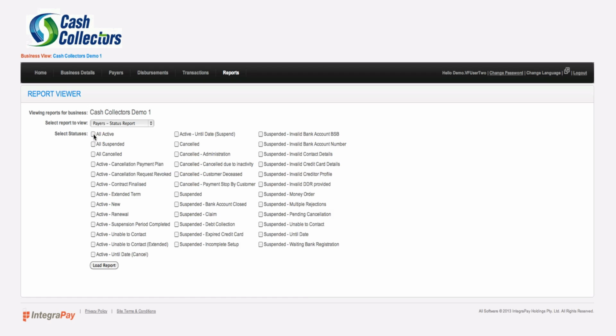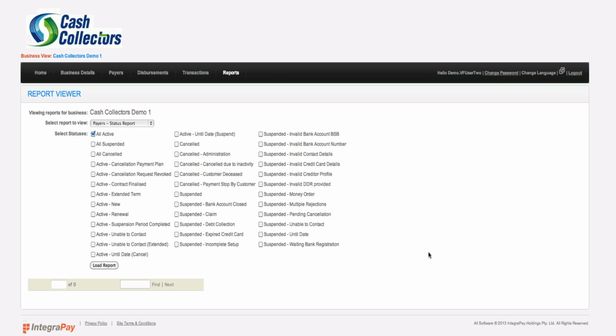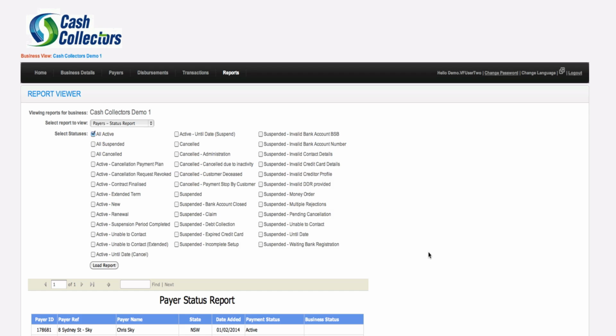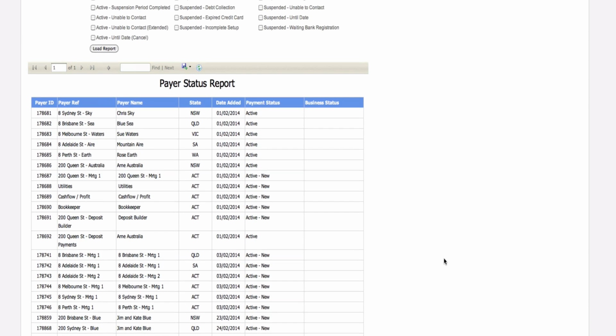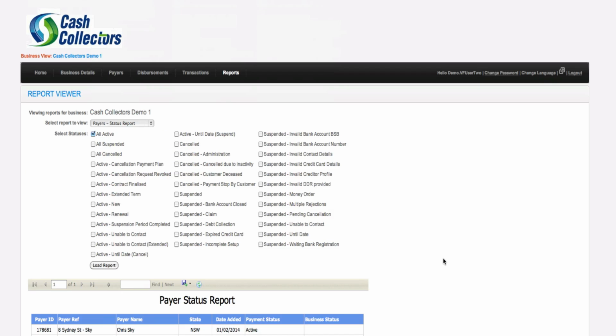And then you can just tick these and you will actually get a report based on all active payers when it generates it. And of course, we're in a demo version, so it'll take a little bit longer than the live site itself, and then it will load a number of items. But it gives you all of those related to the business itself, so it's not individual. So it's much more targeted by using,